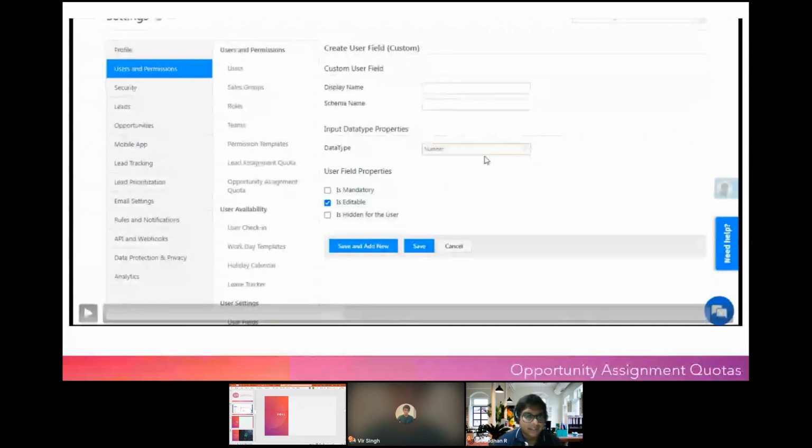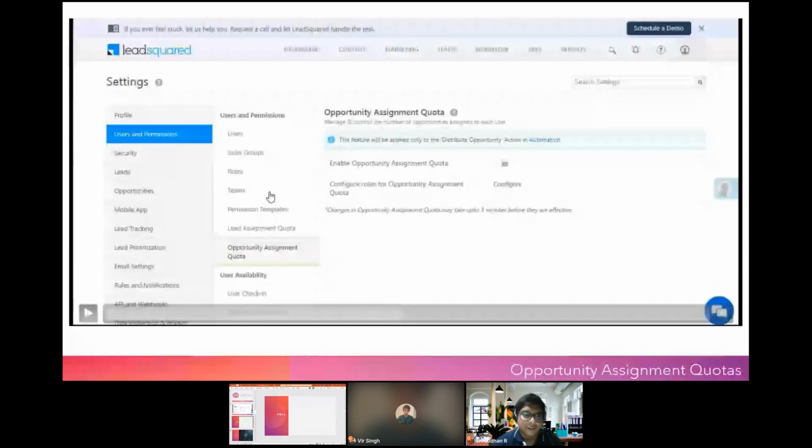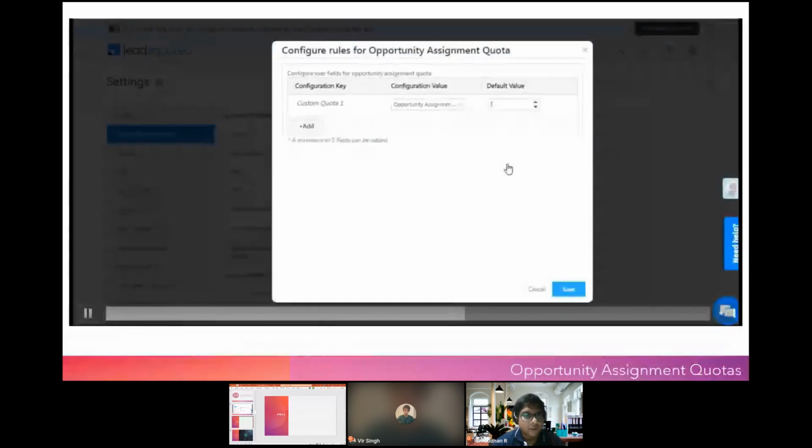And so don't forget to select the data type as number, and once you save this user field, navigate to the opportunity assignment quota tab, and on the opportunity assignment quota tab, alongside enable opportunity assignment quota, enable the slider. When you enable the slider, you will see this pop-up where you'll have to set up rules for opportunity assignment